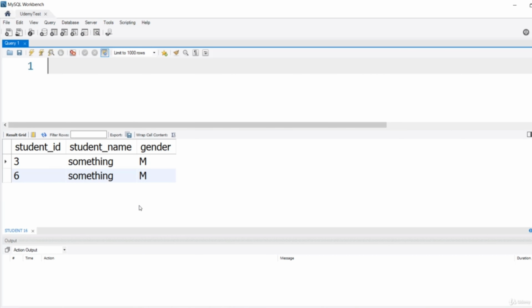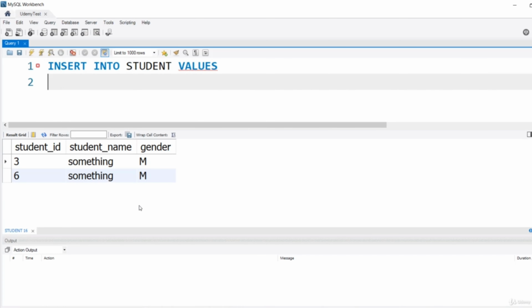In the previous lecture, we have been talking about how to insert a single item into a given database table, but of course it is not that convenient to insert the items one by one. So a good question: is there a way to insert multiple items with the same query? Of course. So we can insert into the student database table as far as the values are concerned,